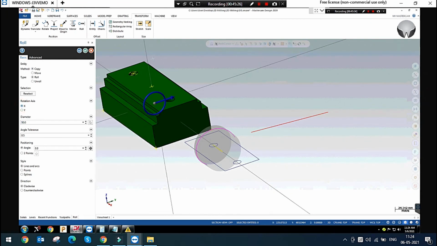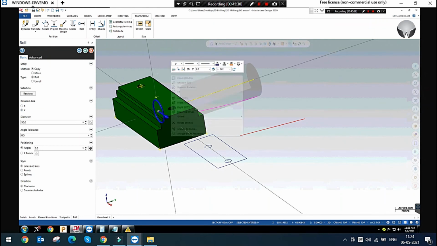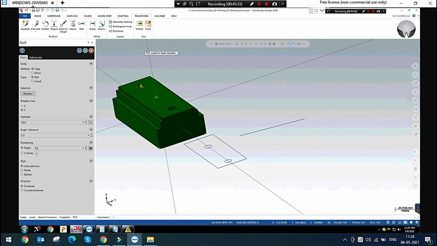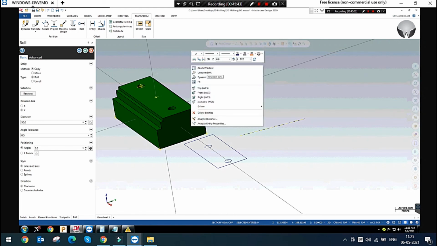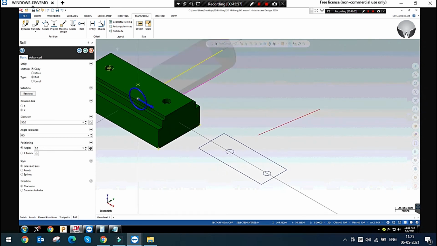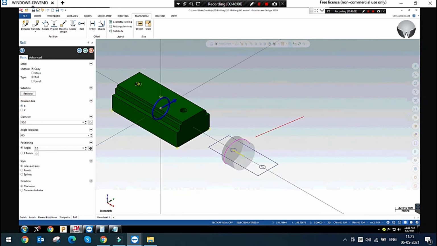The rotation axis, this is the x-axis and this is the y-axis. When we use the fourth axis rotary option and you do not have the model for that, this is a simple rotation. You can simply create a line or a slot and rotate it and do the rotary operations in the fourth axis. In this case, we will use this. This is mostly used in fourth axis rotation.